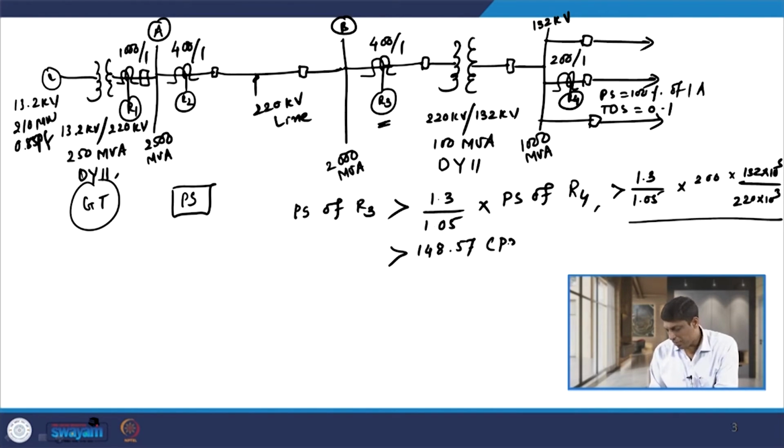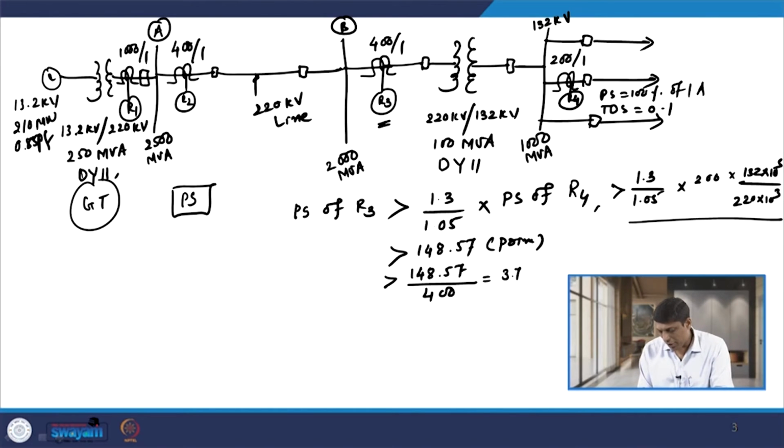This is on the primary side of relay R3. If I convert it to the secondary side, I have to divide it by its CT ratio, that is 400 ampere. So the value comes out to be 0.3714. If I write it in percentage,